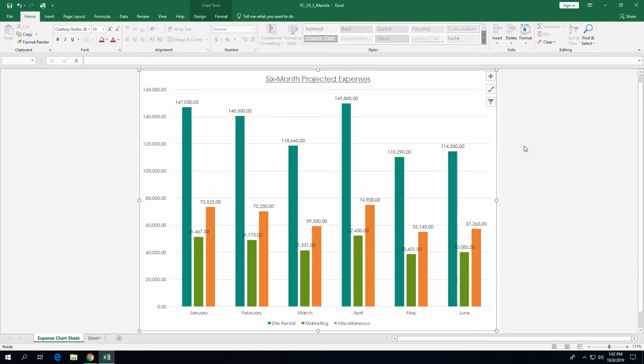Alright, on page 3-44, it wants us to add an axis title to the chart. Alright, and so we're going to click on the Chart Elements button, which is this one right here, the one that we used earlier. Chart Elements, we're going to click on that, and